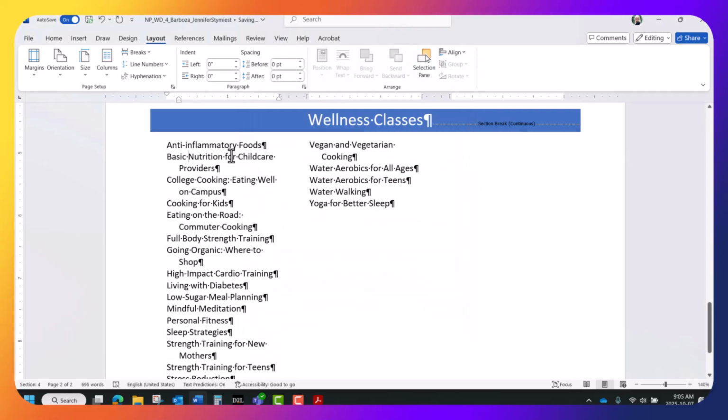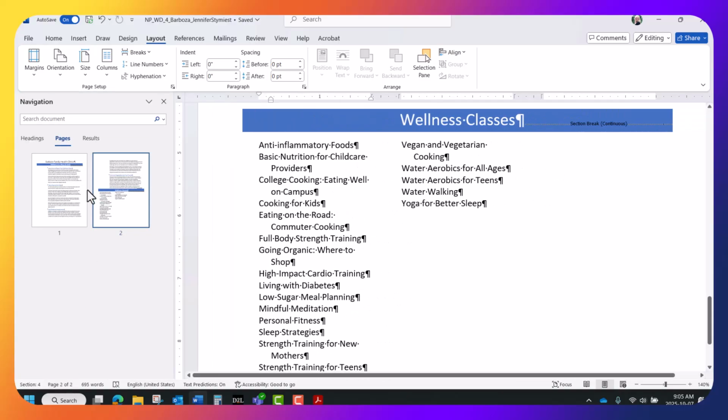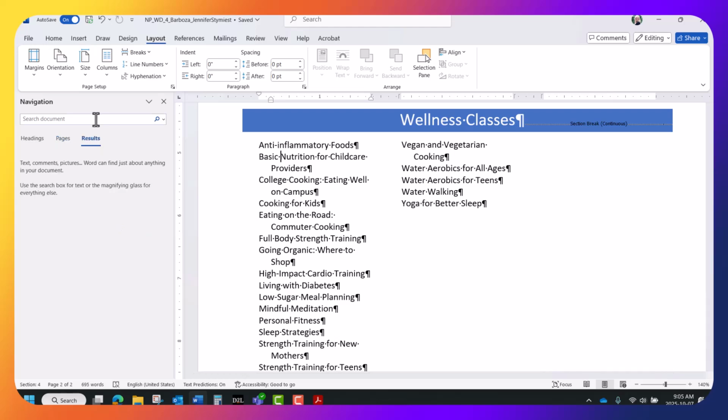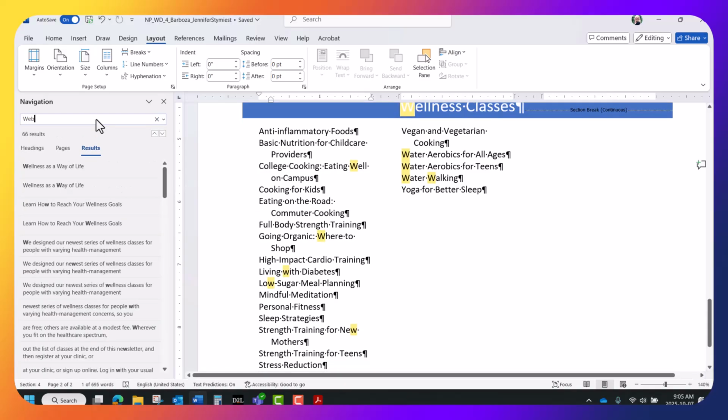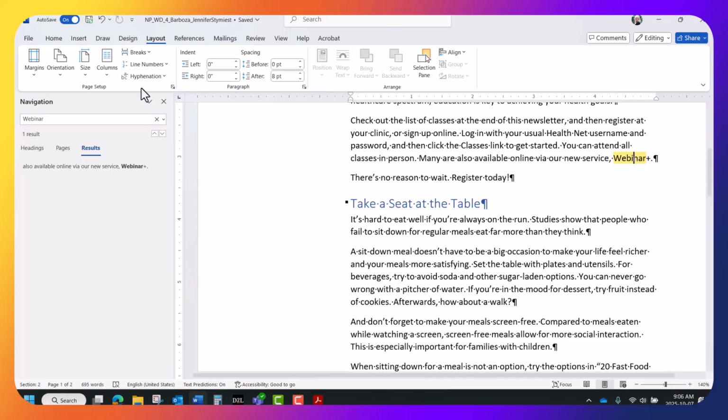So for the ones that go onto another line, that second line gets indented. All right, let's open up our navigation pane. You can click on your status bar, your page number, to open up your navigation pane. We're going to click Results, and in our search field, we're going to type capital WEBINAR, the Webinar Plus, and then just click in on that word, Webinar Plus, and then you can close your